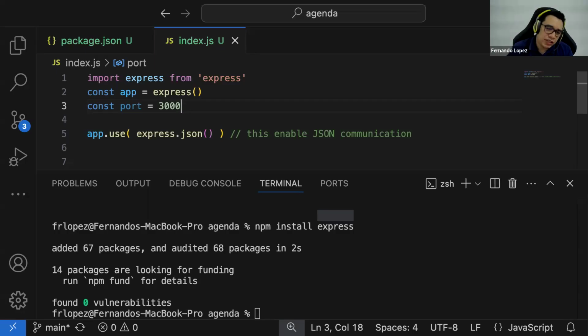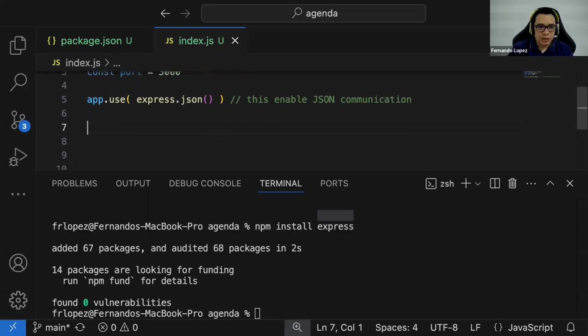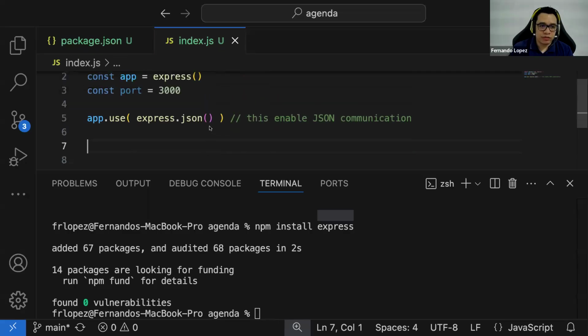So my recommendation: try to use ports between 3000 and 4000. You will have an availability of a thousand ports there, and those are available ports for a project. So my recommendation: between 3000 and 4000. So let's deploy this project in the port 3000 right now.